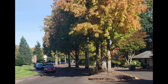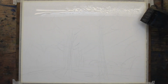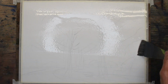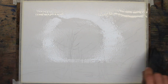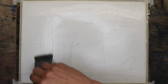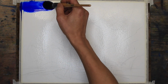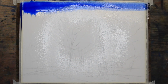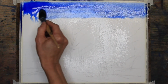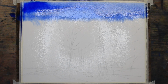Let's get started. I start out the painting by first wetting the paper. The reason for wetting the paper is because this will allow me more time to get a wash, because I'm going to be working wet-in-wet, and it will give me enough time and not have to worry about the paper drying on me. And the first wash is